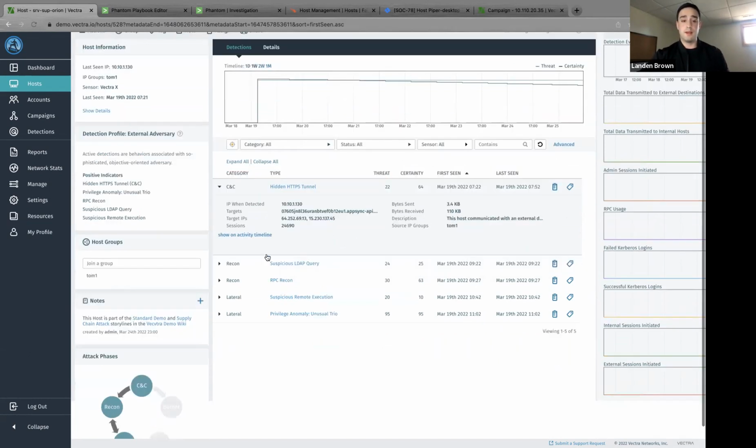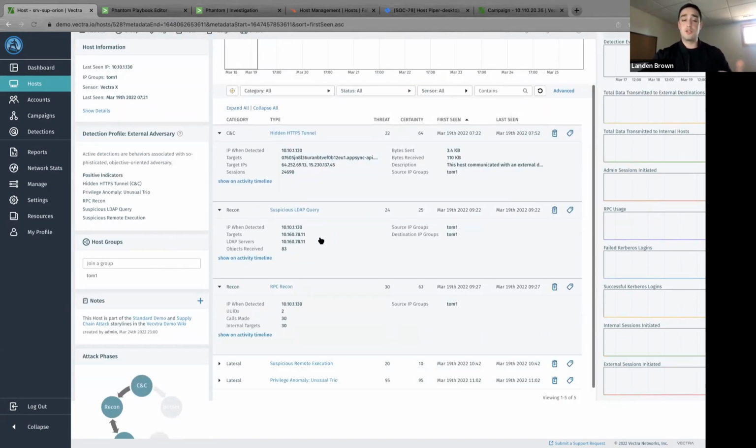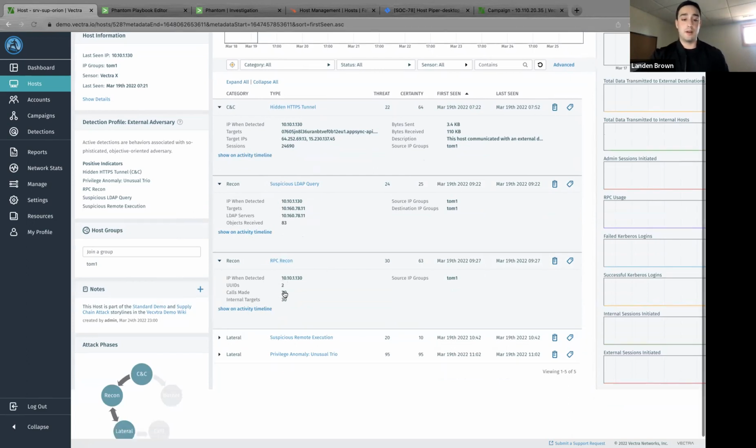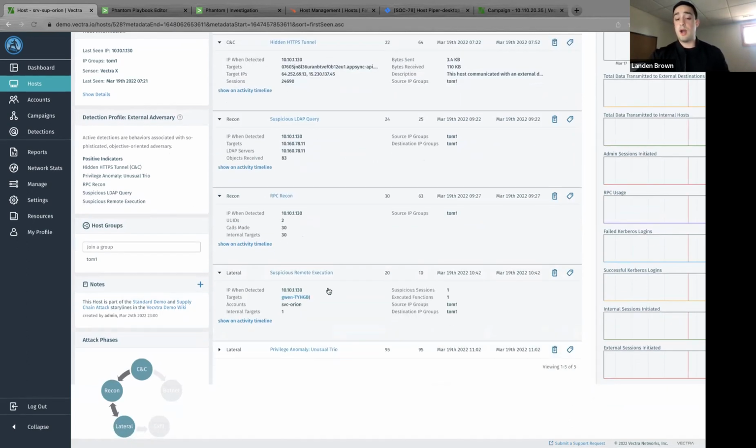randomized domain name here. Second, directly after receiving instructions from something like a command and control interaction, we see immediate LDAP queries and RPC recon, right? The attacker is trying to locate the domain admin account and locate the domain admin machine here. And, to no one's surprise, he successfully does this, right? And so what he does is he does this suspicious remote execution to what we know as the domain admin machine. And what he's doing here, again, what we can reference from post-analysis perspectives across the industry, is he's stealing the SAML signing certificate, which he uses to then compromise the domain admin account that oversees Azure Active Directory and